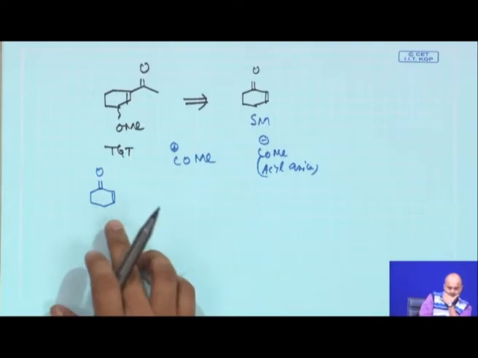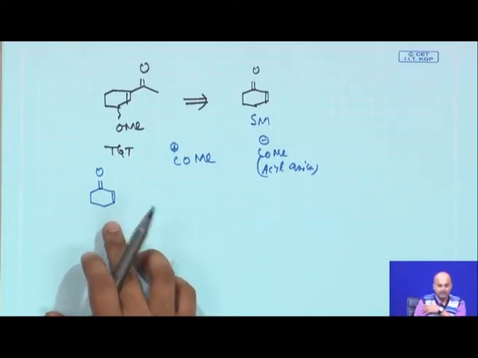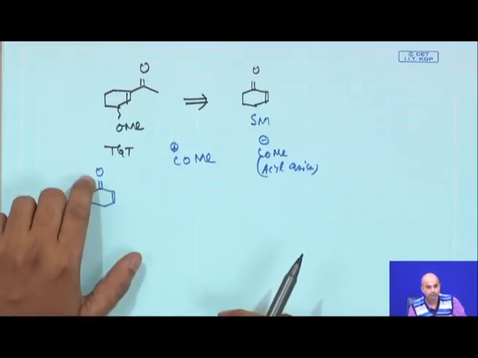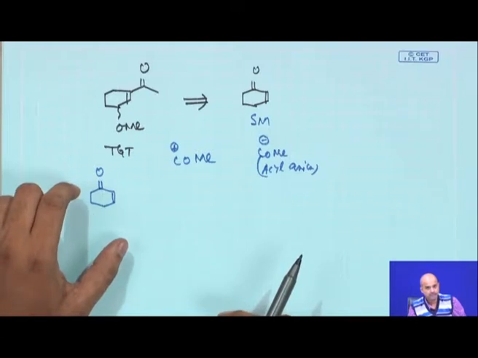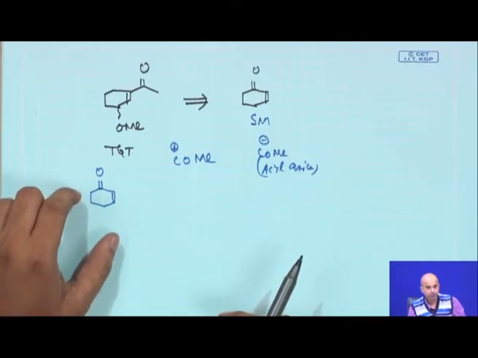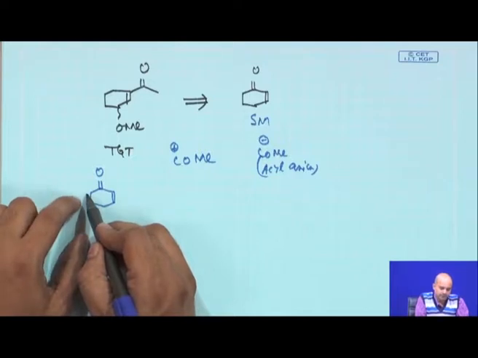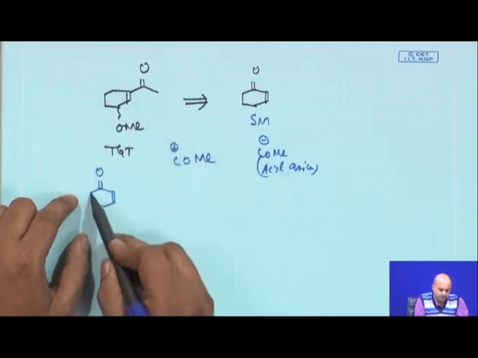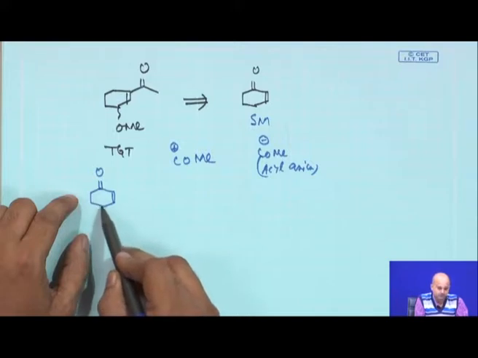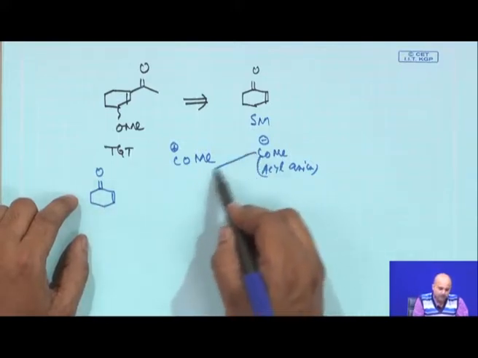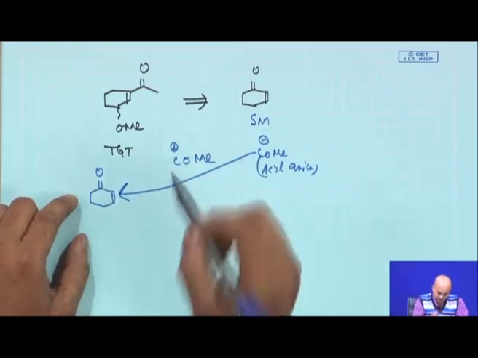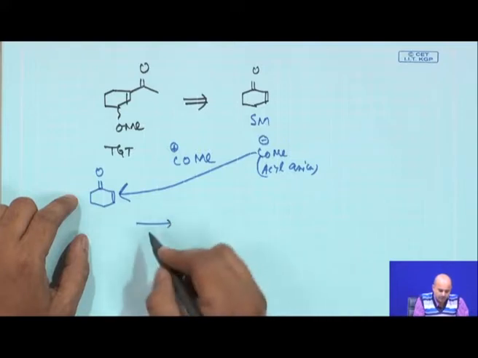Now, if you see, this compound is basically a Michael acceptor, as a 1,4 as well as 1,2. So, this molecule can only accept. There is no donor site except this one, but this part probably is untouched, because if you see this 1, 2, 3, this CH2 remains untouched. So, probably you need some kind of COMe species which attacks in either 1,2 or 1,4 fashion. We will try to figure out how it takes place.